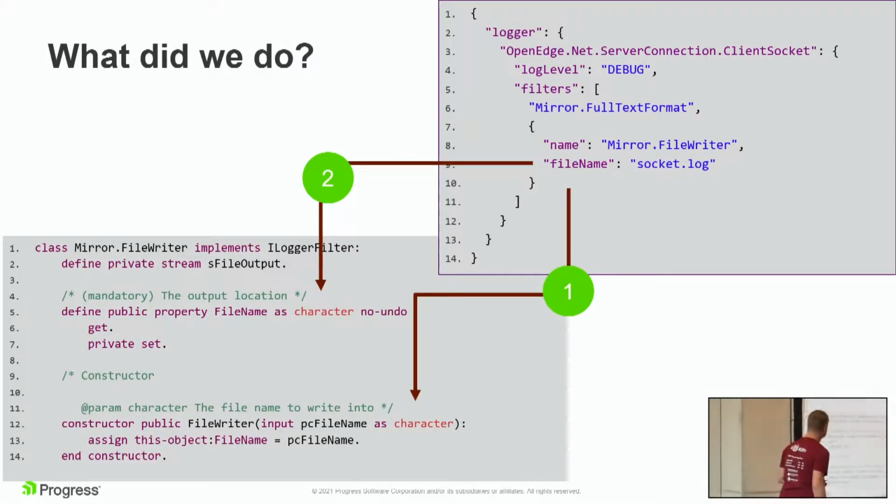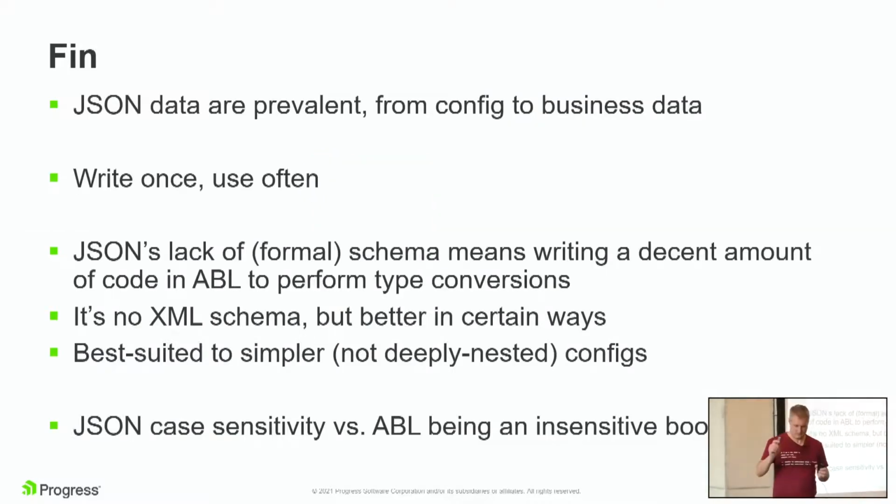This is the last slide, basically. And so the moral of what we tried to do was be able to take a file name property from JSON and set it into an object value. And why we wanted to do that is we can now extend the object. So if we had an append-to property, which I had planned to show, I want to keep appending to my log file. I can just say public append-to as logical, get set, and then it's easy enough just to set another property in our JSON config and magic happens. I don't have to go and change the code to hard code it for a type. And that's basically what I've summarized there.